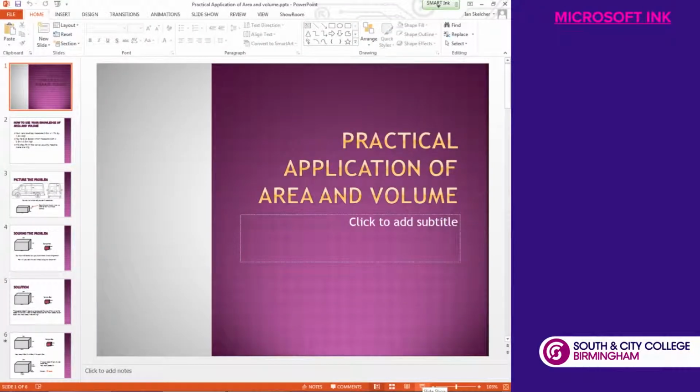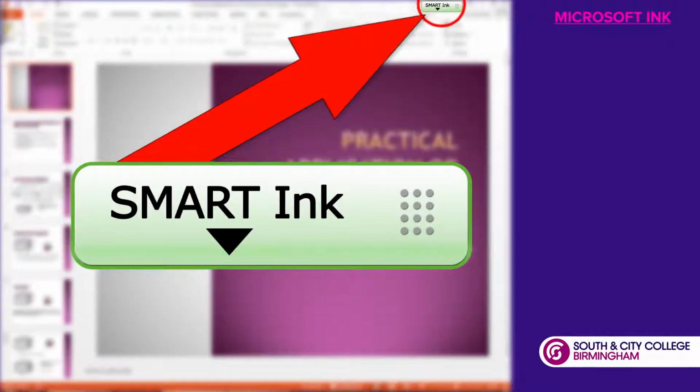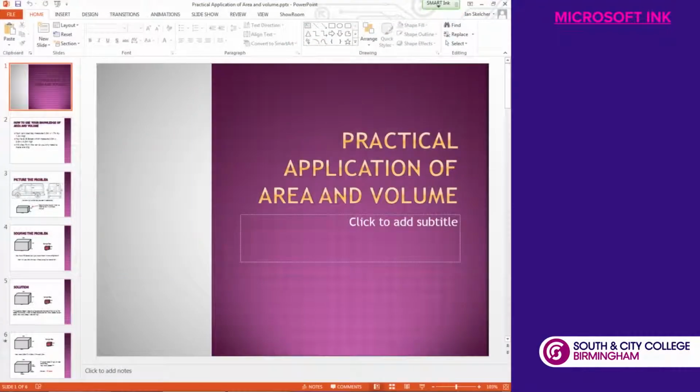and usually the answer to the problem is, if you can see up in the top right hand corner up here, it says Smart Ink. To make it fully interact with any Microsoft package, so that's Excel, Word or PowerPoint, if up here in the top right hand corner it is saying Smart Ink, you're not fully integrating Smart Ink with Microsoft. And the way to turn that option on would be to go into File,